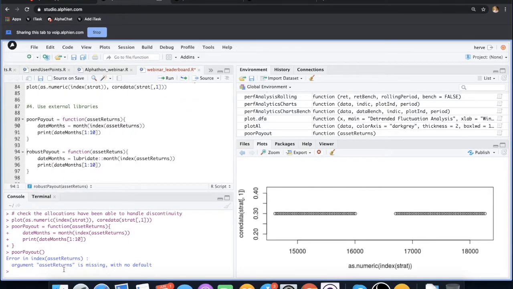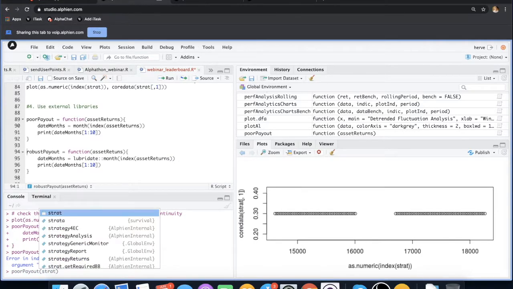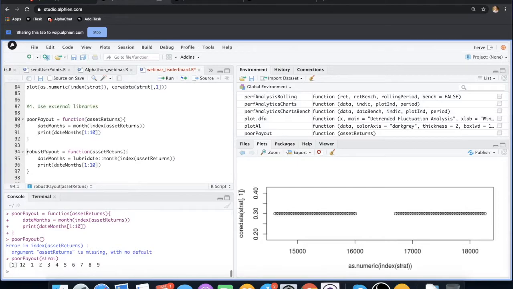Okay, so that's the first 10 months of my payouts. Now I'm using month here, and actually I know that the month I'm using to extract the number here